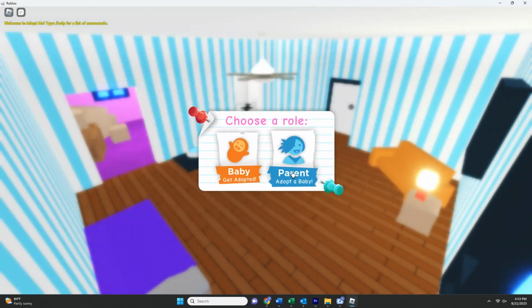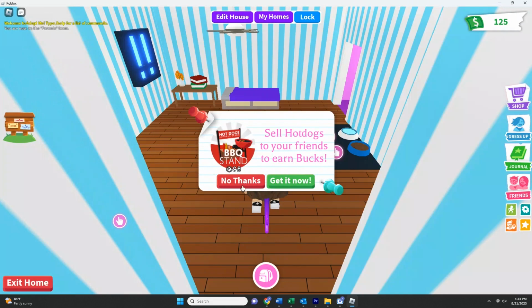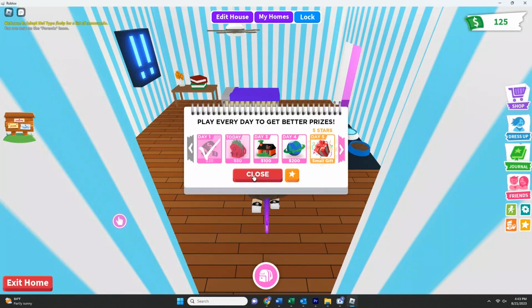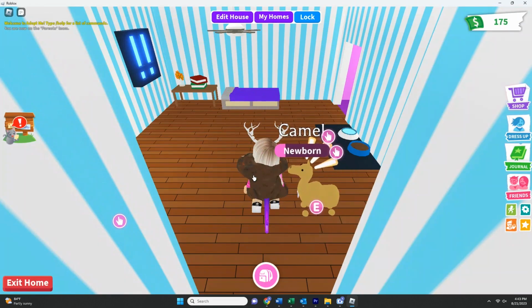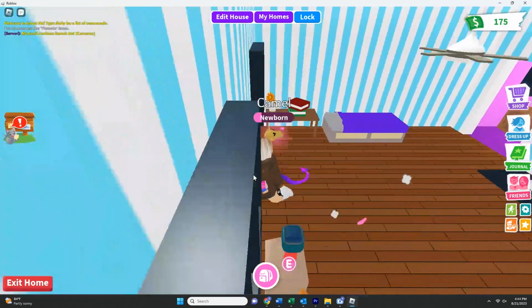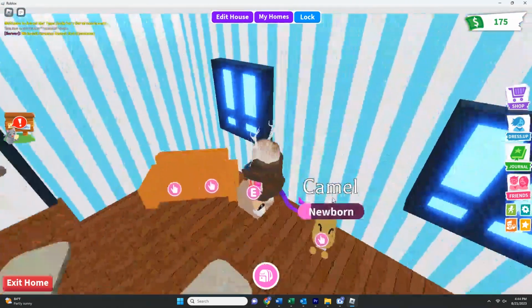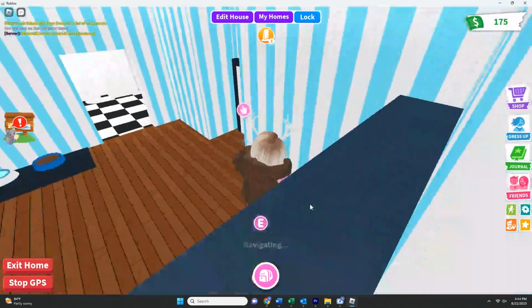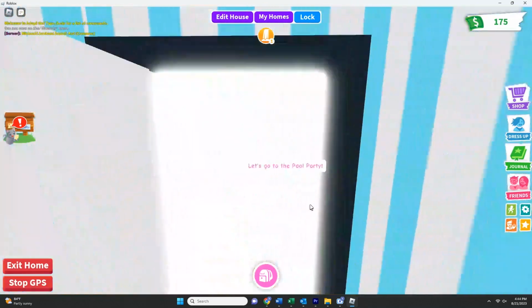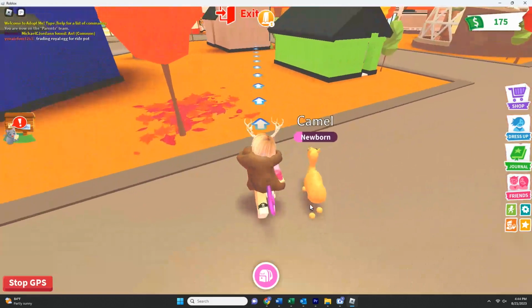So this is Adopt Me, and I've played this one before with my daughter, so I know a little bit about how to play it. I've already got a couple pets. I've got my avatar all dressed up for the game, and basically you just take care of a pet and feed it and give it water and various other things that the pet requires. So I've got my pet camel here, and we are going to try to find the pool party because the camel wants to go to the pool party.